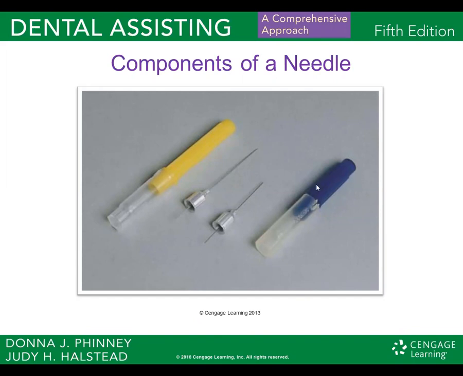The short one is usually used for anterior. The long needles are usually used for posterior. So how do we know which one we're going to need at all times? The short needle will be used basically for infiltrations, field blocks, and periodontal ligament